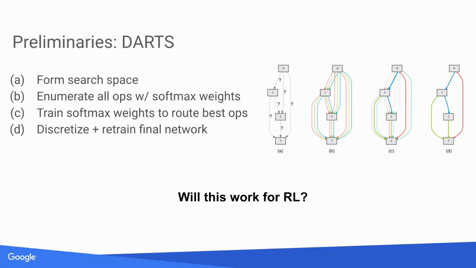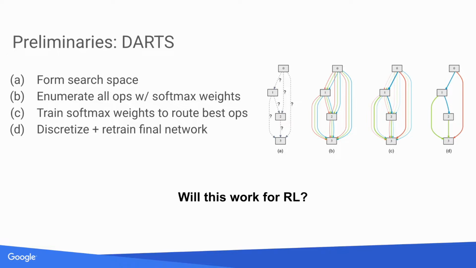I will now talk about how we set up DARTS for RL. I will provide a brief overview of the main idea of DARTS. This can be explained in a 4-step process from the figure as shown. In A, the user forms their search space, which specifies the possible connections between tensors or nodes in the graph, as well as the possible operations used for each connection.